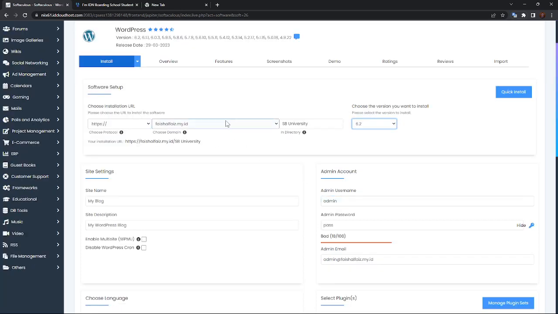Okay, next, in the site settings, you must set your site name. I will write the same as here, SB University. And then in the site description, maybe I will write some slogan: Generation for the future. This is not important. And on the right side is the admin account columns. That is very important,